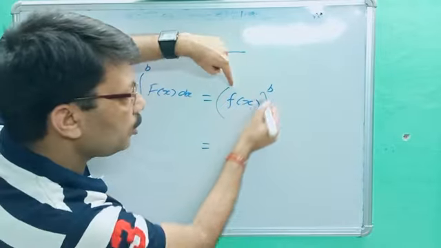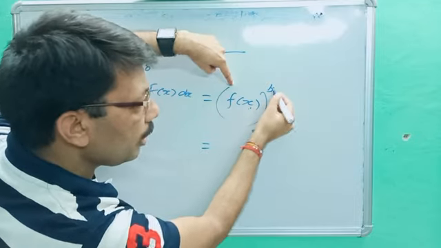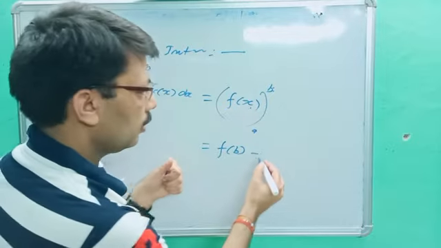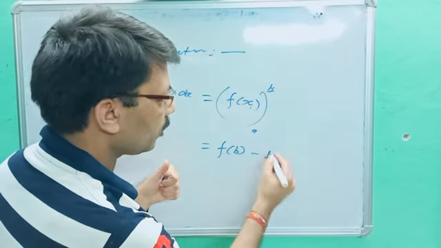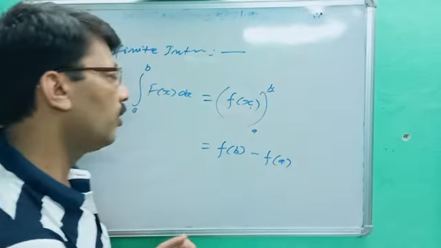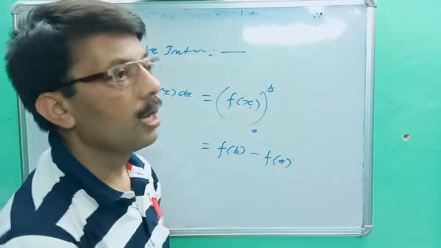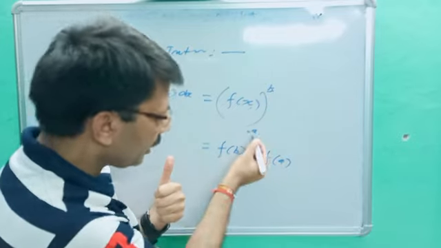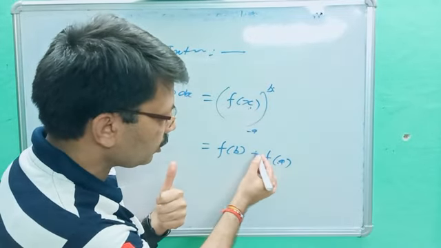So in the place of x you will put b, so it becomes fb. Then what sign? Minus. In the place of x you will put a, so it will be fa. So what is your answer? fb minus fa. Higher limit minus lower limit. If it is given minus x, so minus a, it will become minus a, and minus minus becomes what? Plus.